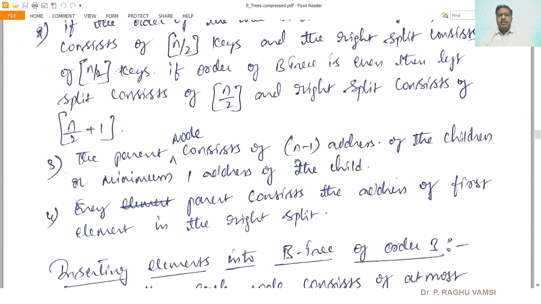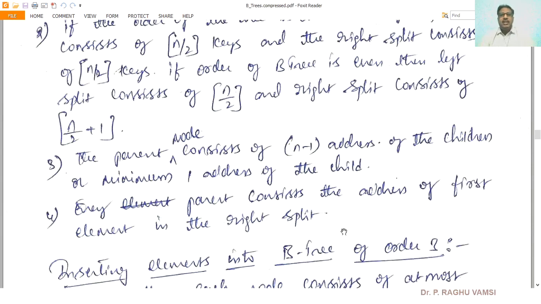And how must this address be stored? Every parent stores the address of the first element in the right split. The left split address may not be required, but the address of the first element in the right split must be stored in the parent level.